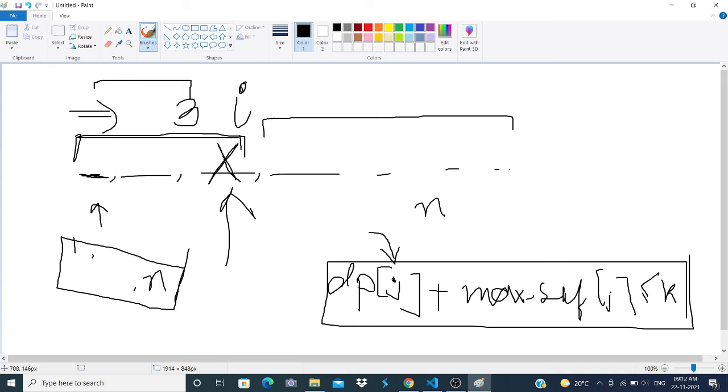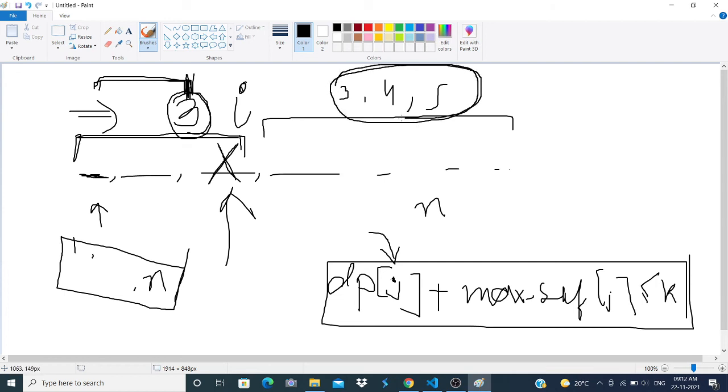And if there is any element, let's say 3, 4, 5, any element, you know the length of the longest subsequence which ends at a position with element 3. And if there is any element starting from 3, 4 or 5 which has its count such that dp of j plus the maximum suffix of j, which is basically storing the maximum suffix.